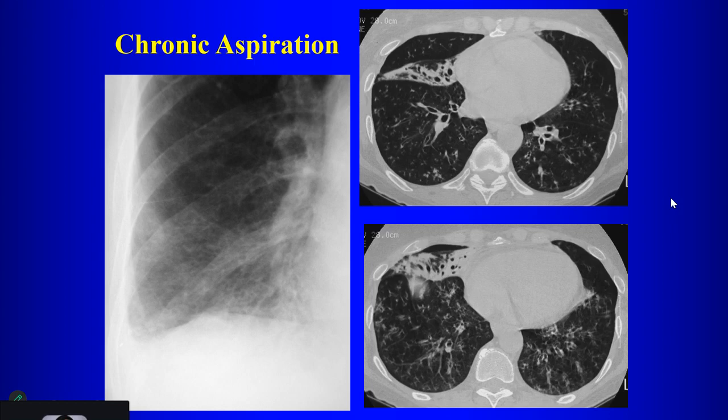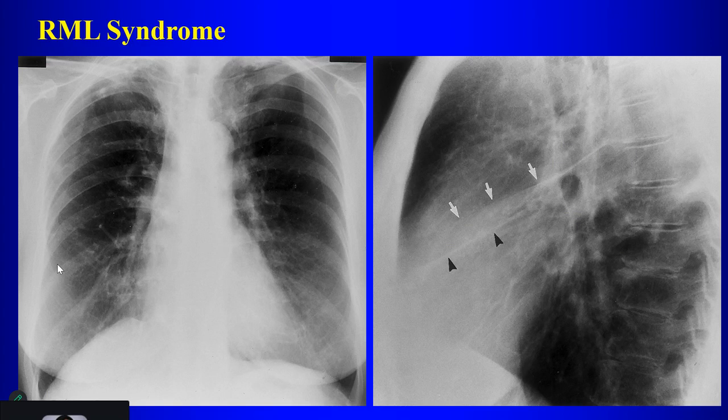Chronic aspiration, this is also a very common cause of bronchiectasis. This tends to affect the lower lobes. So if you see bronchiolitis within the lower lobes, parabronchial thickening, bronchiectasis, you want to think about chronic aspiration. That can do that. Right middle lobe syndrome, this is when you have recurrent atelectasis and bronchiectasis in the right